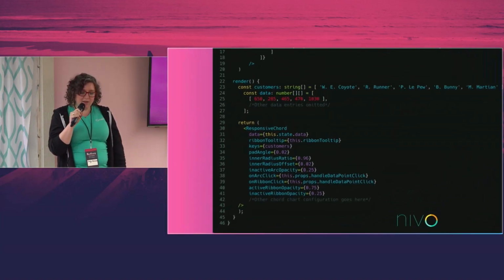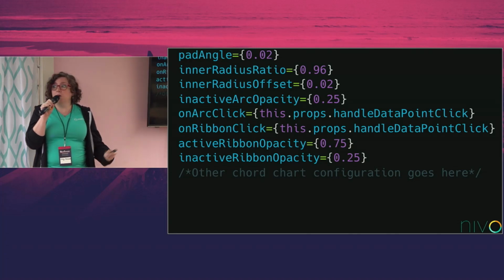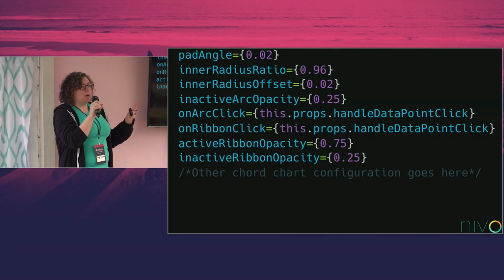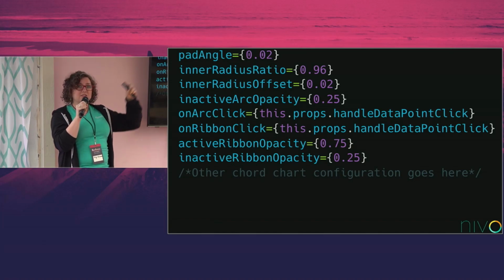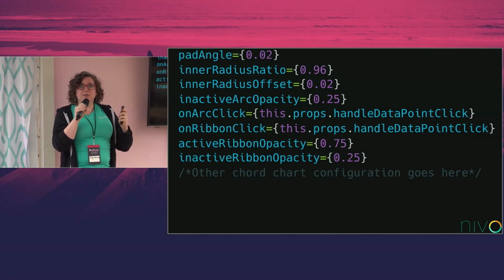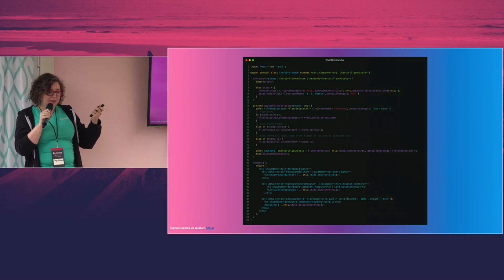Well, most charts, if not all, I'm struggling to find one that doesn't, have some form of click event that you can basically pass in a callback function to do whatever you please. So here I've purposely called out the Nivo one because there's actually 2 points in the chart that you can click and handle differently. There's the arcs around the outside, and then there's the ribbons through the middle as well. So think about that carefully when you're thinking about which events to handle.